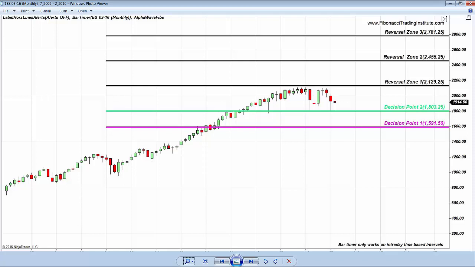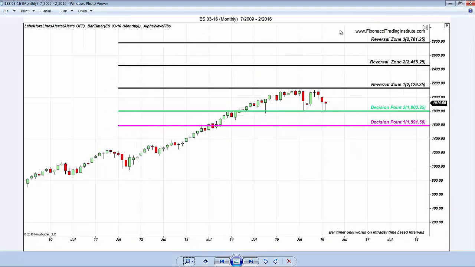So, S&P respected 1800 number on monthly in correction in 2014-2015 and skyrocketed to reversal zone at 2800. What else is important to remember? What was it on shorter time frames? On weekly, it was trend inception,